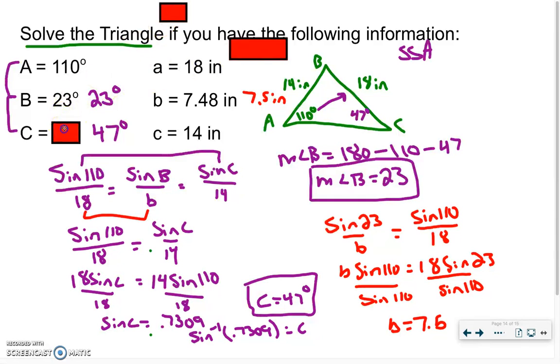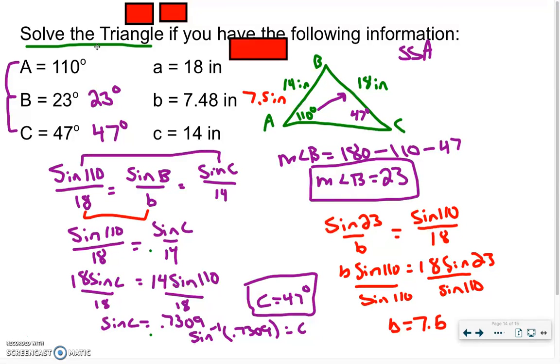7.48, 23 degrees, 47 degrees. Good. Now, this is just a rounding thing. We got 7.5 or 7.48 down here, which is 7.5. Perfectly acceptable. So just to review a little bit,